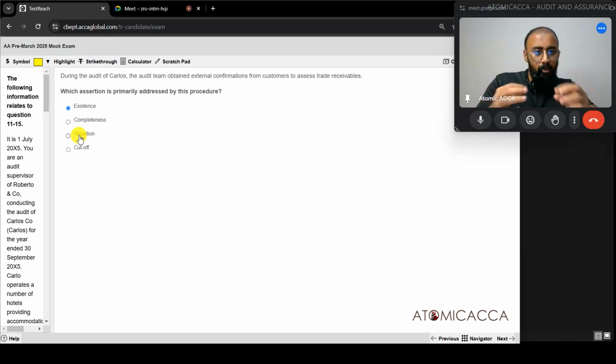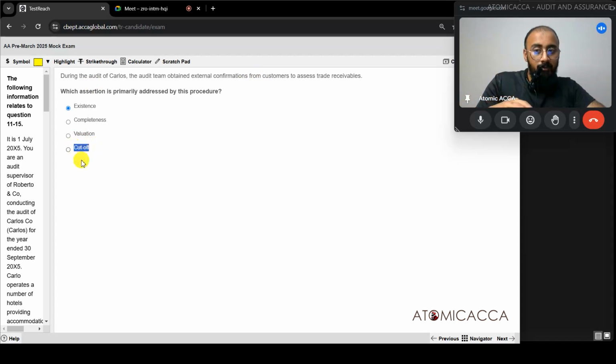Because it's not always that the client is going to make the mistake in accounting, it could be the customer also that's doing the wrong accounting. So mistakes could happen on both sides, so I need to get more evidence to see whether the value is correct. So getting an external confirmation from the customer alone, I'm not going to trust it completely on whether the value is correct or not. So this particular external confirmation will not give me exactly the idea about valuation.